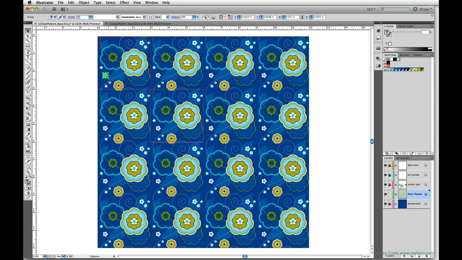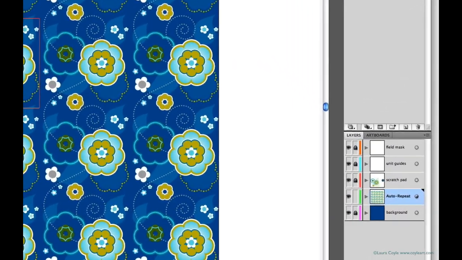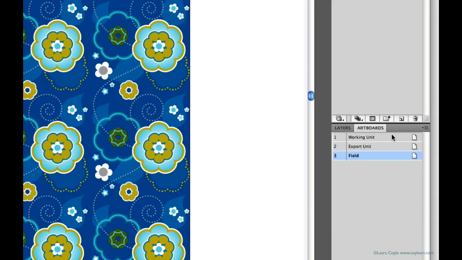And then later on, you can delete this art and add your own designs. I've added a number of layers to this file, and this file is using 3 artboards. And so we're taking advantage of the multiple artboards feature, and this will make it easier to export an image